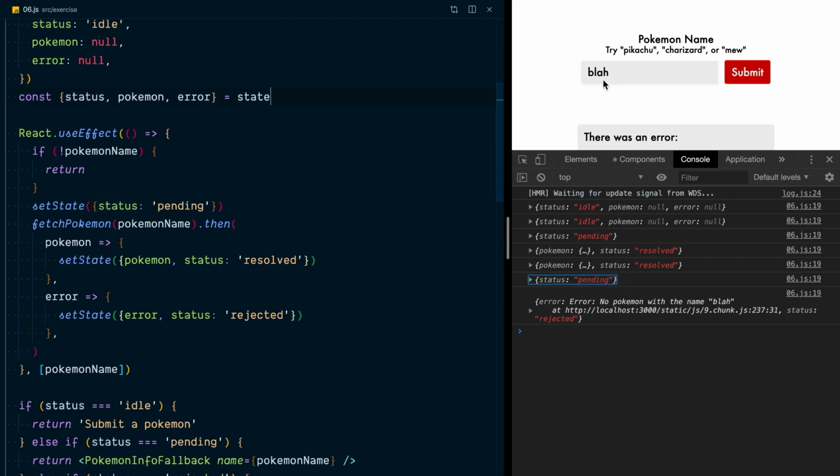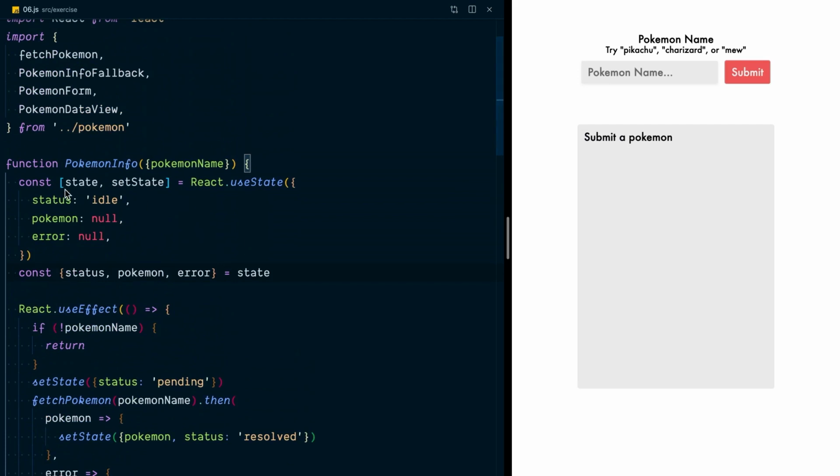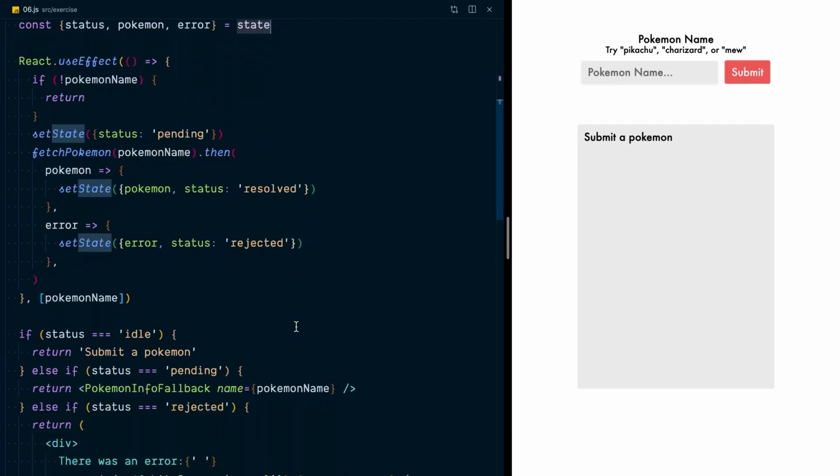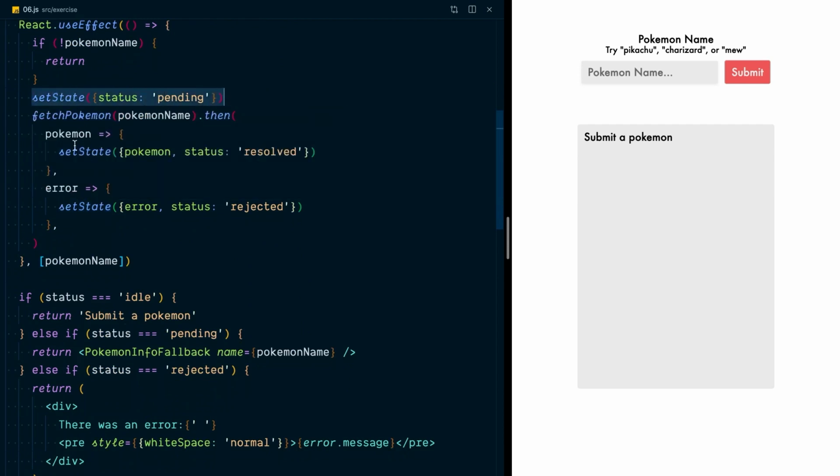So in review, what we did here is we took all three elements of state that we had before, and we put them into a single object, just like this. And then we destructured those properties off of the state. And then instead of setting those in individual setters, we set them in a single setter. And that helps us avoid issues where calling a state updater function in an asynchronous handler like this is going to trigger multiple re-renders, and we may not have set all of the state that we needed to when that happens. So I wouldn't recommend always putting your state into a single object like this, because that's not often a problem,